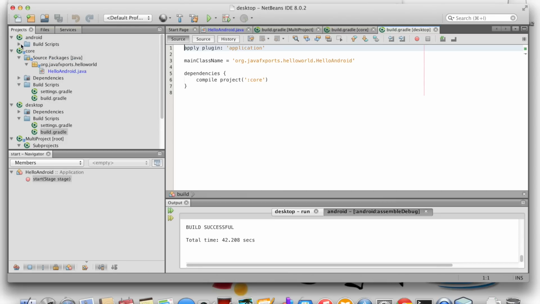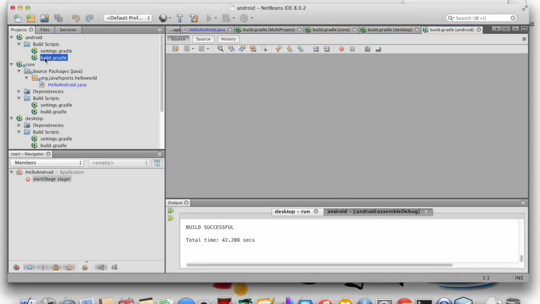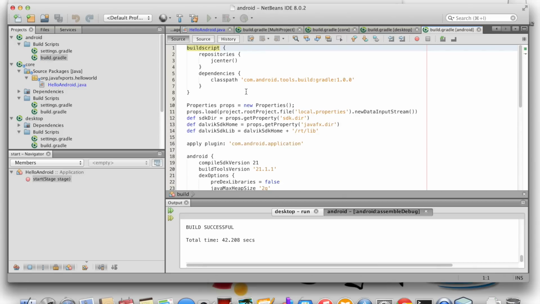Finally, the Android project has a build.gradle file itself as well, and I would recommend that you just copy the build structure from an existing project to a new one and then modify whatever you need, because this one contains most of the things that you need in, I think, most of the JavaFX Android applications. So quickly going over it, we specify that we will use the Android Gradle plugin version 1.0.0,